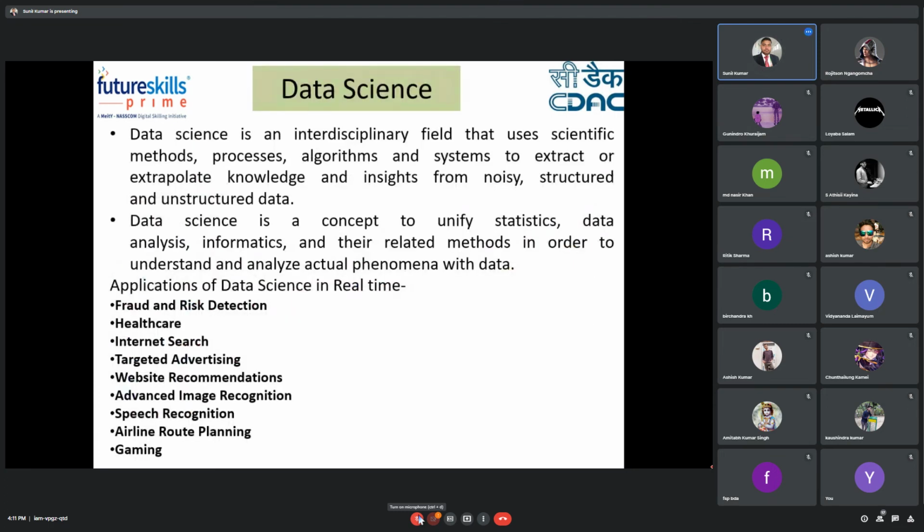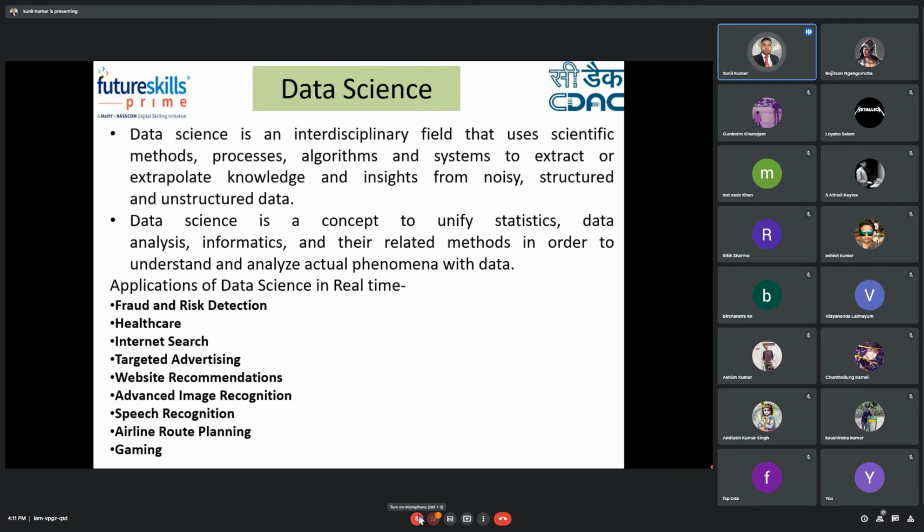Now data science. Science is always a technical term that refers to the logical or systematic arrangement that is used to solve any problem. So data science is also a field that uses scientific methods and algorithms to extract and exploit knowledge from noisy and unstructured data. Data science was introduced because when we have a large